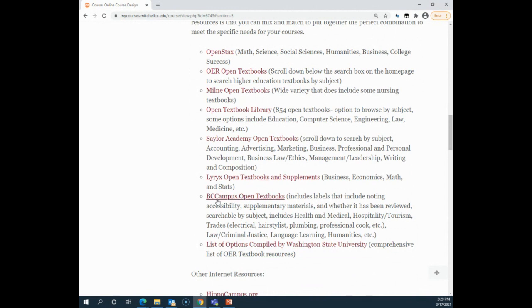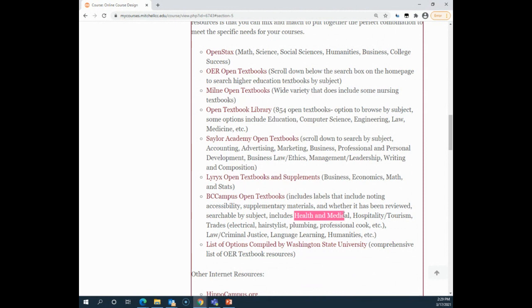But if you get down into some of the other resources I want to share, like BCcampus, you've got topics covered like health and medical, hospitality and tourism, trades, electrical, hairstyling. I know we have hairstyling and that type of stuff at Mitchell. So there are some textbooks that go along with that, plumbing, professional cooking. And so we'll get into those and look at how you can start integrating those into your